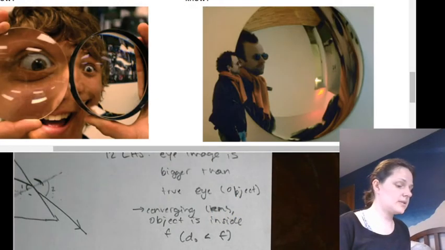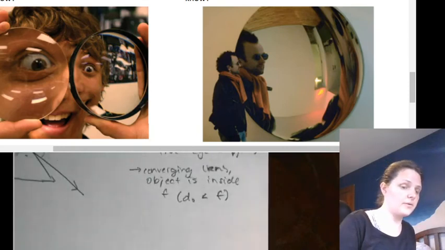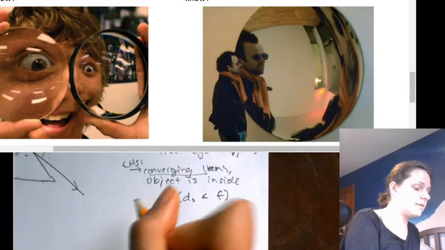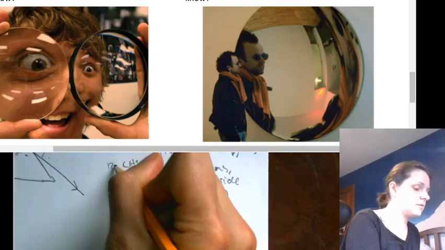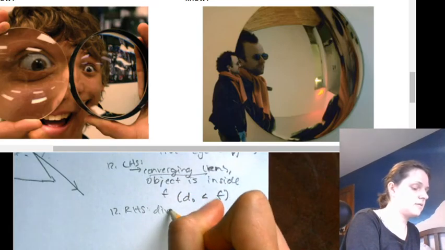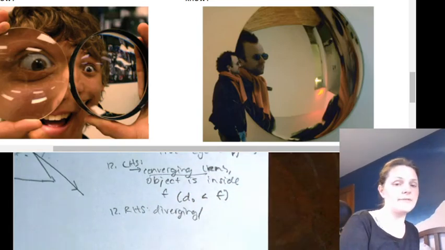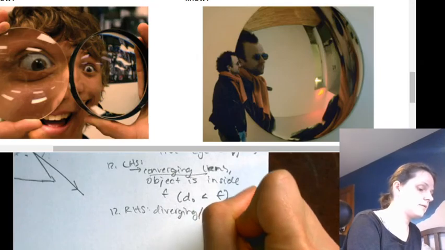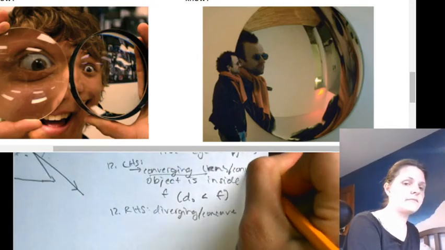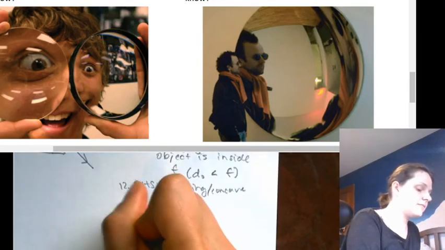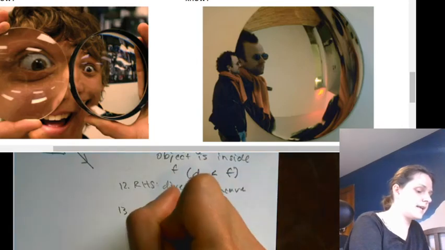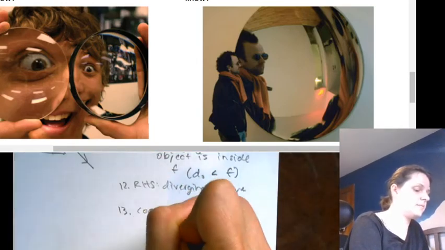Okay, so just to kind of throw this over, the left-hand side was a converging lens, the right-hand side of 12 was a diverging lens. Another word for diverging is concave. Another word for converging is convex. And in 13, this must be a concave mirror